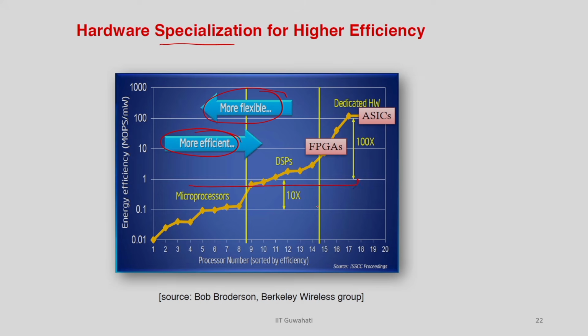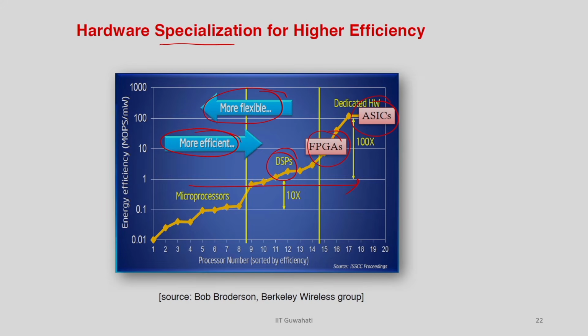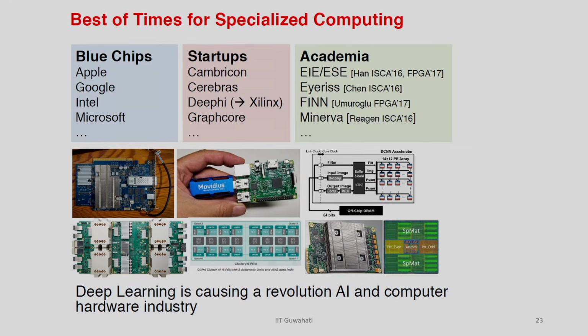In the specialized hardware domain we have DSP, FPGA, and ASIC. ASIC is very fixed, a specialized tiny IC for doing a particular job, right. So, an ASIC chip can only do one thing. In the FPGA, which is a reconfigurable architecture, I can map different designs and it can execute them. So, there are advantages and disadvantages, but in the current context we do not need flexibility, we need efficiency. So, specialized hardware is the trend in current electronic design automation.